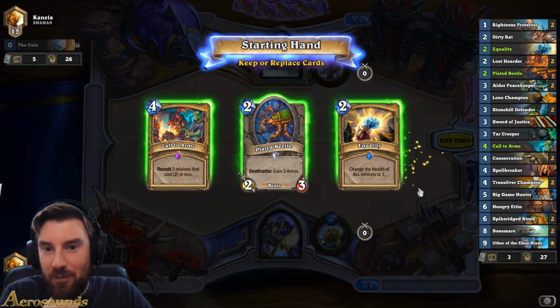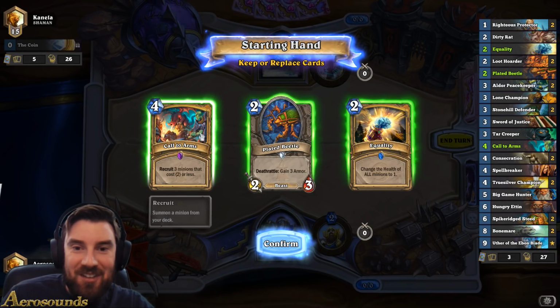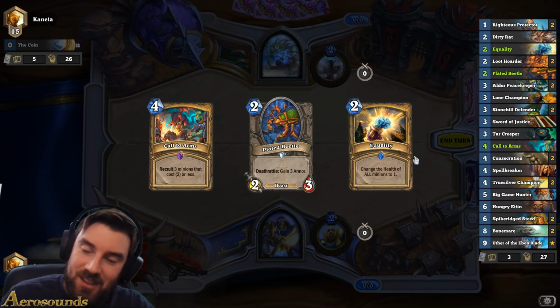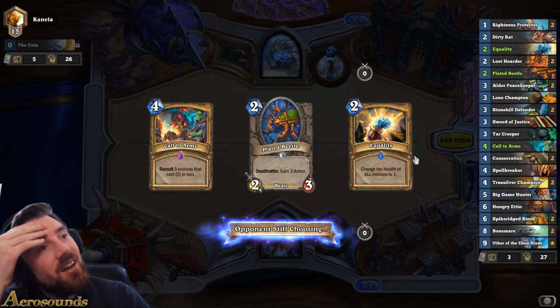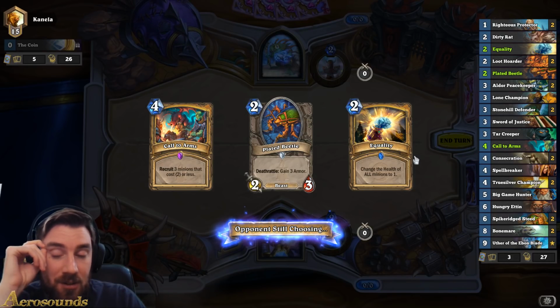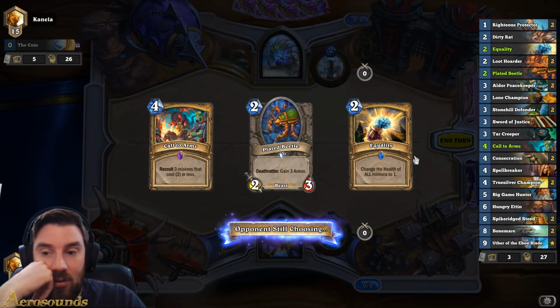Ah, the Evolved Shaman rematch. Right, well, let's keep it equal. This is actually a really good hand to have. In the last match, I don't know whether I made a mistake using the consecration too early, because I did need to use it, otherwise he was going to evolve, and he had quite a big board at the time, but